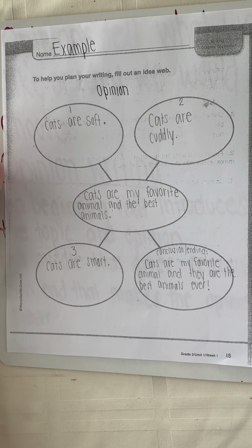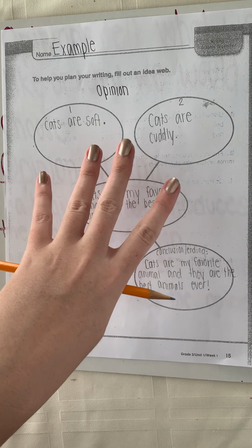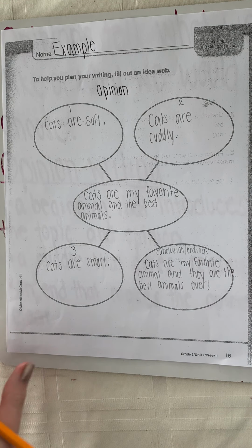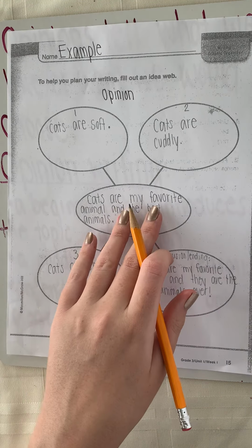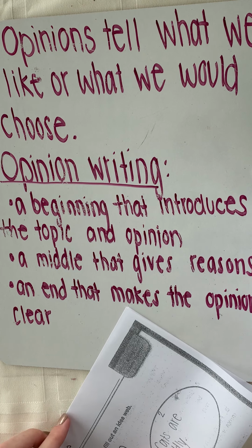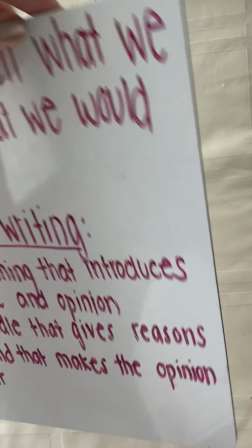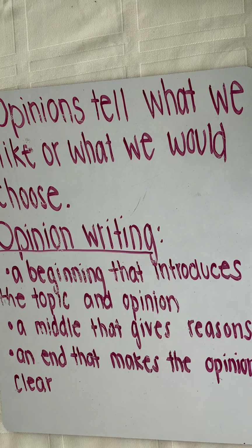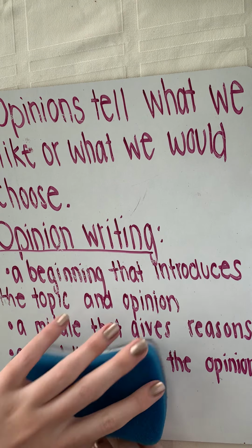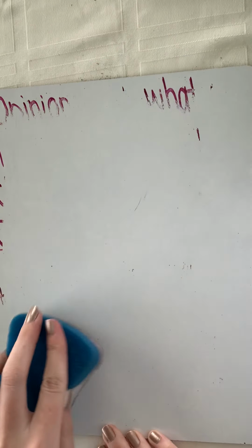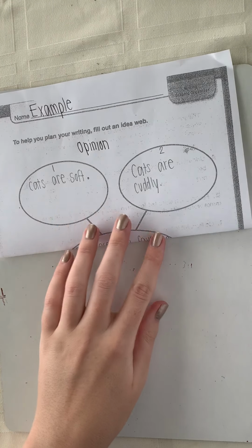Now that I have my thoughts out on my paper, on my brainstorm, I am going to take my thoughts and transfer them into a paragraph. I'm going to erase this here so that I have room to put my brainstorm and my writing so that my learners at home can see both.